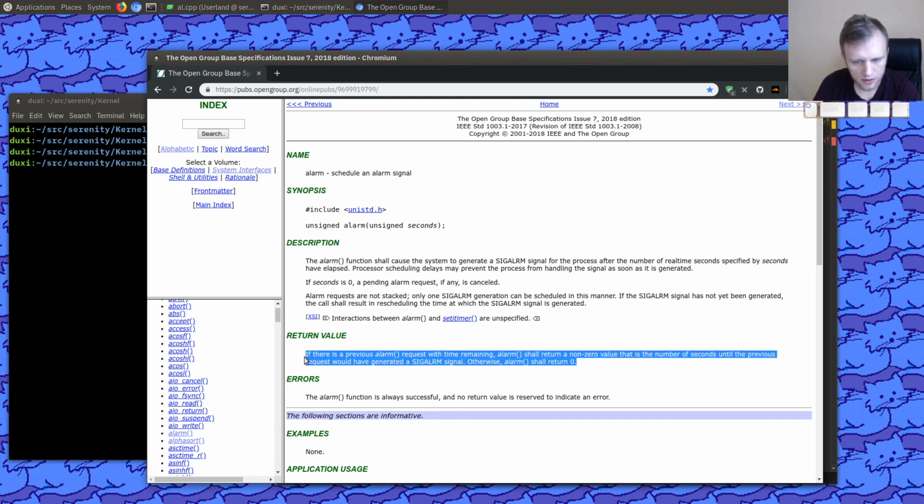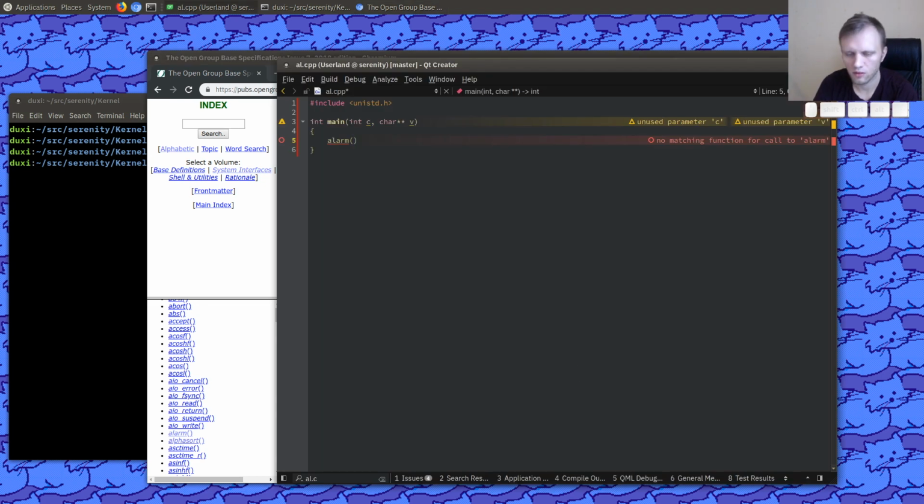If there was a previous alarm, then it will return the non-zero value, that is the number of seconds until the previous request would have generated a SIGALRM. Okay. Well, we don't care about that right now. So let's just say alarm in 3. And then we will go into an infinite loop. Maybe we'll say something like entering infinite loop. And then I guess we'll never get here, but